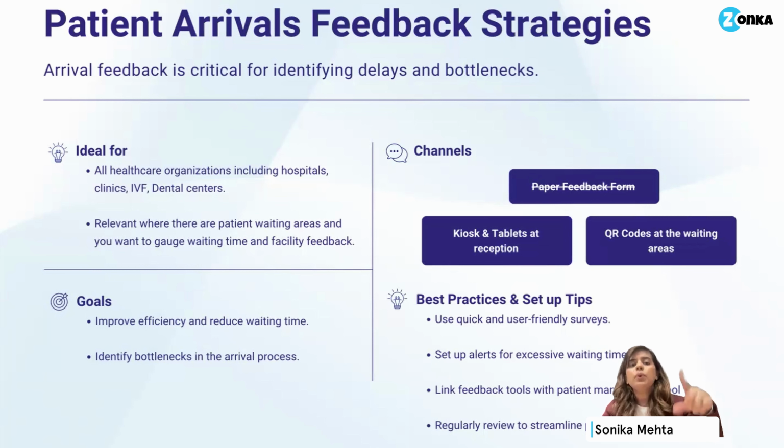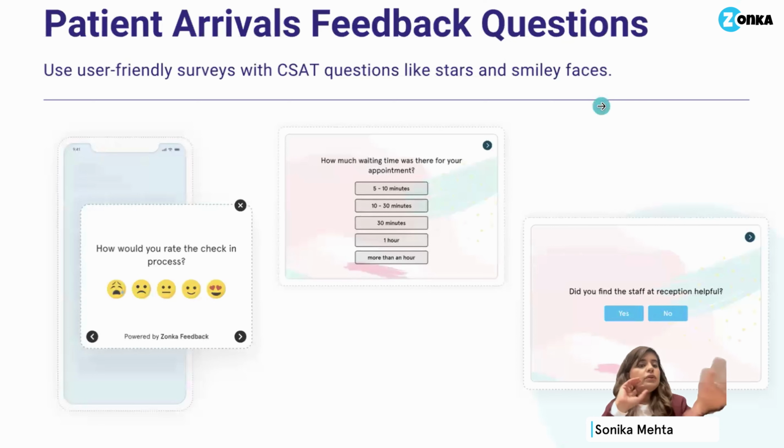Now, let's look at some of the questions that you can ask during this stage. So again, user-friendly surveys, use CSAT questions or smiley faces or stars a lot so that they're quick questions that you can ask patients while they're there. So your questions could be, how would you rate the check-in process? Or actually asking them how much waiting time was there for the appointment, whether it was 5 to 10 minutes,